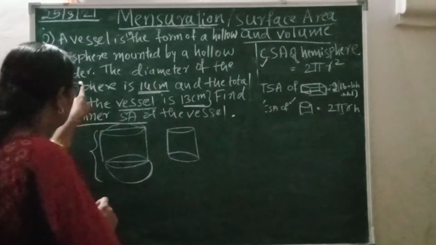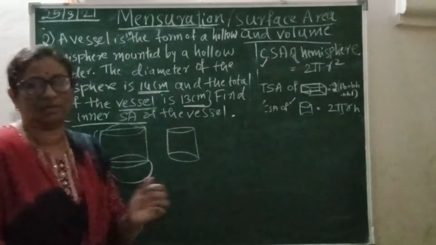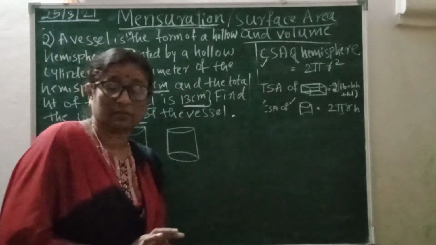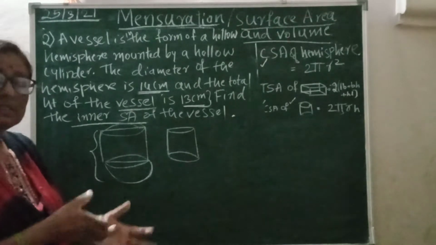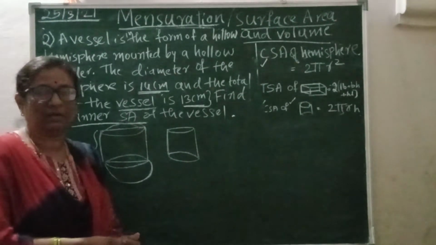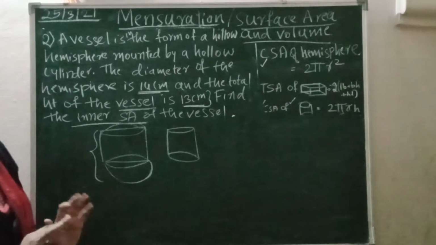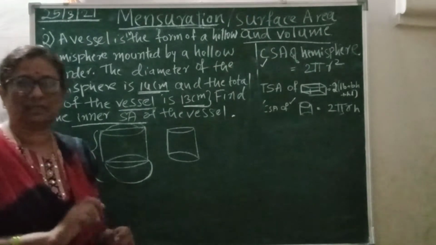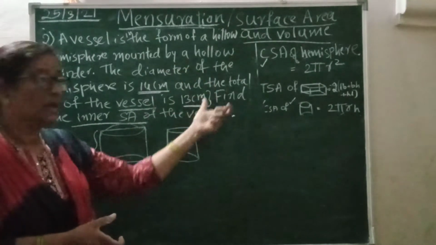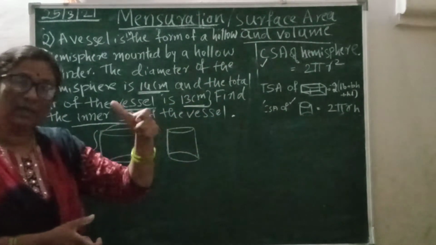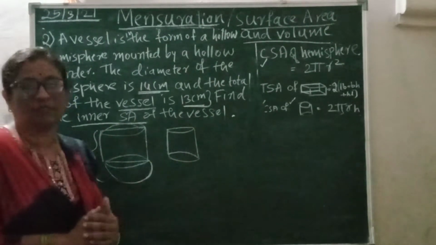Okay, now listen. Now these are the things, and one more thing I have to explain. Find the inner surface of the vessel. See how you children get confused with total surface area, lateral surface area, inner surface area, outer surface area, combination. These are some things in mensuration where students get a little confused and they say, no, this is a really difficult lesson. According to me, it is nothing difficult. Just in the previous videos, I explained how to analyze and understand these solid figures. And that helps you in writing the formulas when you are given the combination of figures.